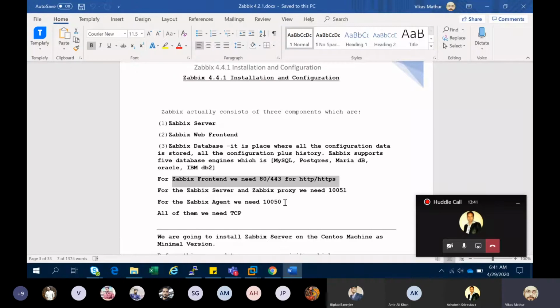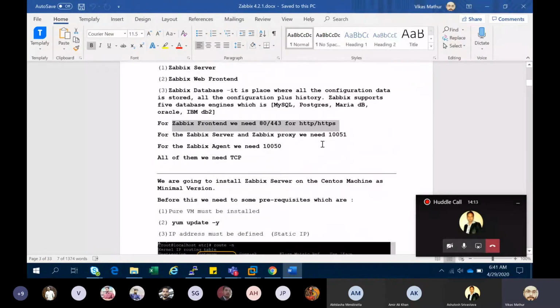If you want an additional Zabbix server in a geographical region where you are not going to install any server or database, you just install that particular service over there and integrate it with your main server. It behaves like a server, and that's why we call it a proxy. The Zabbix server runs on port 10051, and the Zabbix agent runs on 10050. These are the ports.